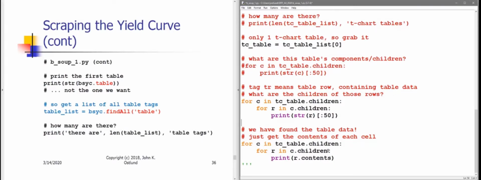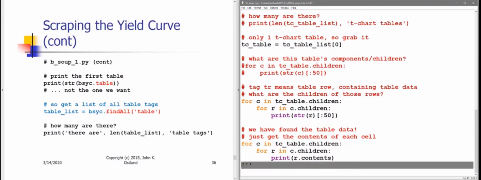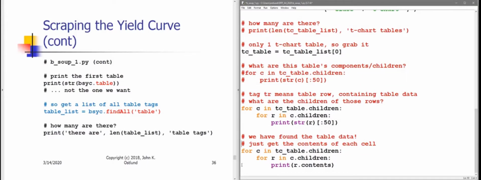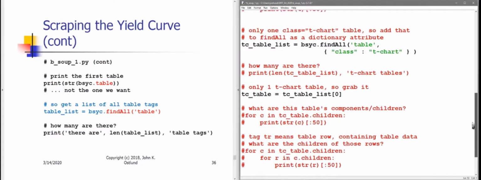The children of the rows are the fields, the columns. And I want to get just the contents of each one of those cells. I'm going to comment this for loop out so that all I have left is,